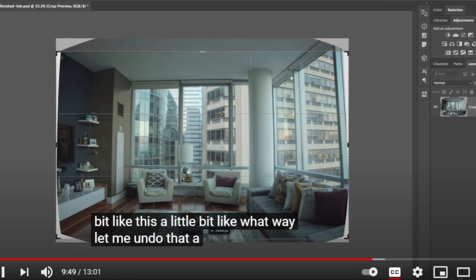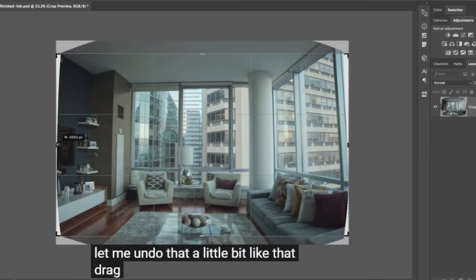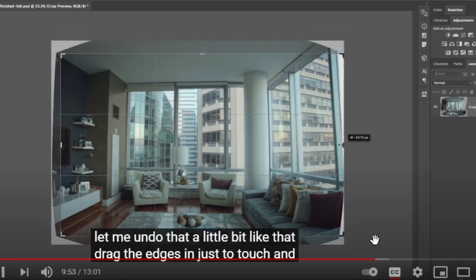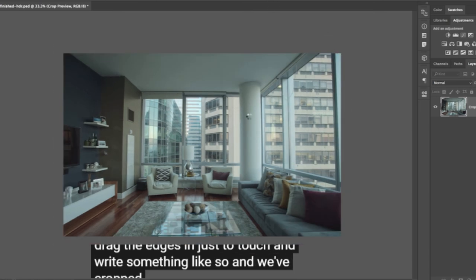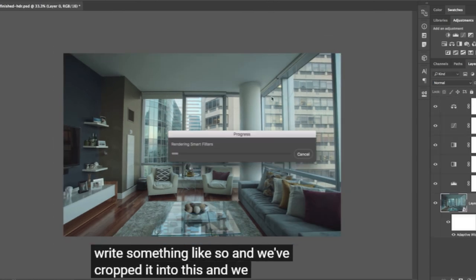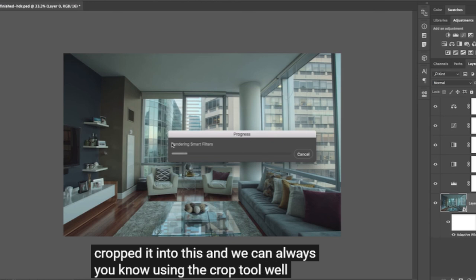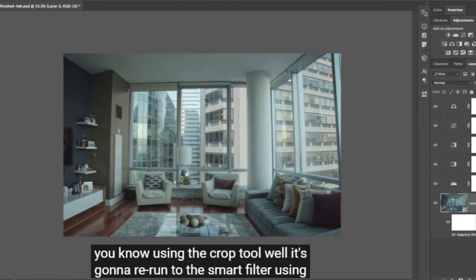Wrong way, let me undo that. A little bit like that. Drag the edges in just a touch. All right, something like so. And we've cropped it into this, and we can always, using the crop tool, well, it's going to re-render the smart filter,